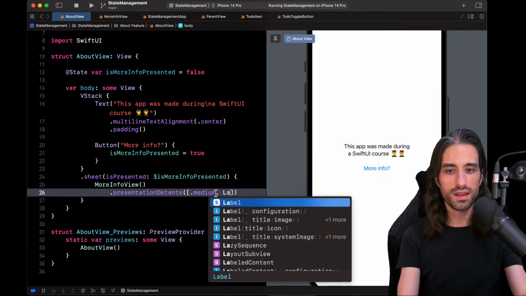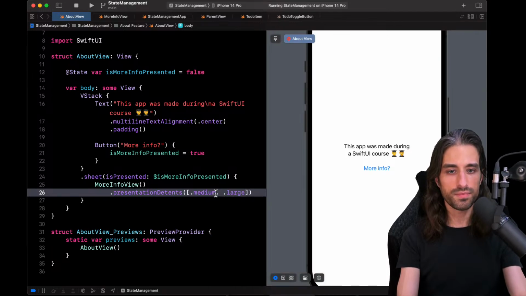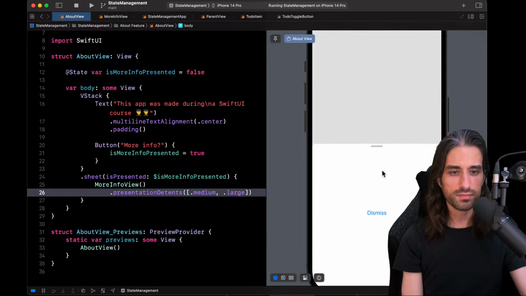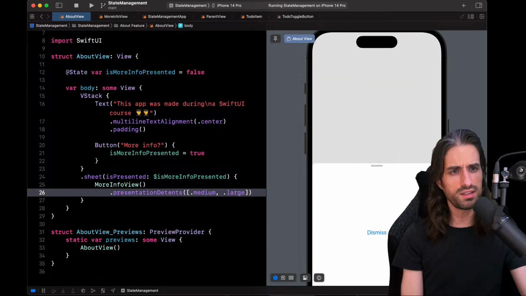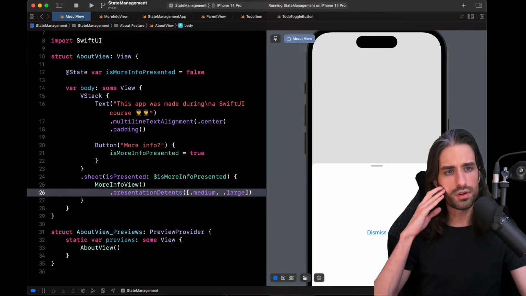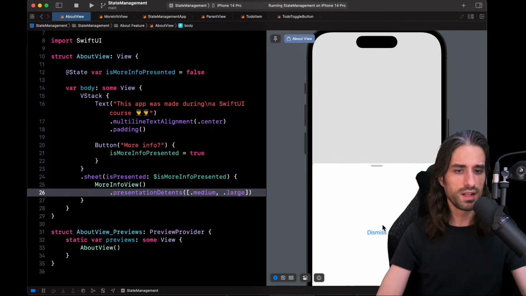But you can also say medium and large, and this way you see this little handle appeared, and it shows that you can make it large if you want. So this is kind of how a lot of modals, I think, work in iOS. They display in medium by default, so that all of the content is easily reachable by the user.